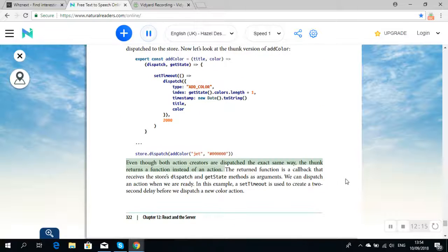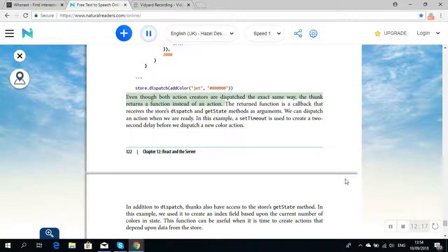Even though both action creators are dispatched the exact same way, the thunk returns a function instead of an